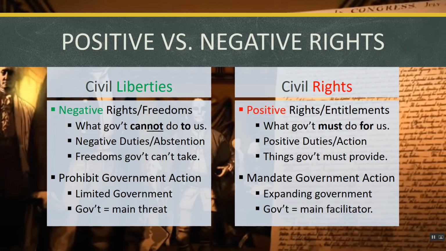Civil rights are distinct. Civil rights are sometimes called positive rights or entitlements. Civil rights are called positive rights because they are a type of natural right that tell us what active goods or services the government must provide to us. In other words, they impose positive duties. They ask the government to take affirmative actions on our behalf, usually in the interest of protecting us from unequal treatment in certain settings like the workplace, based on certain characteristics like our race,